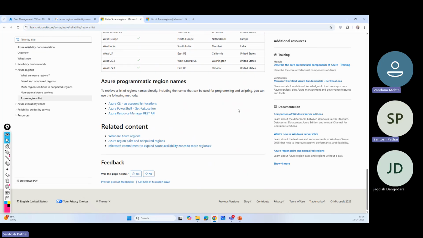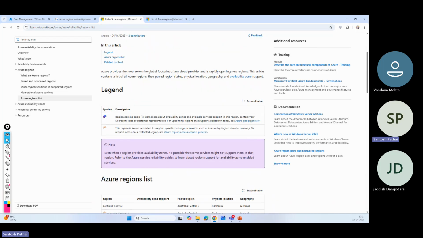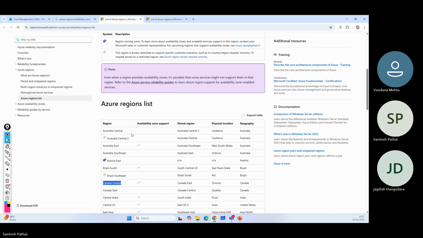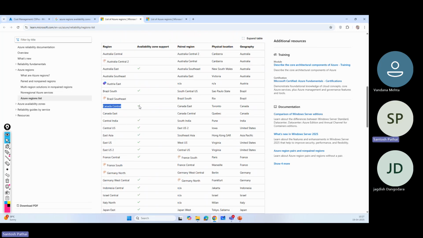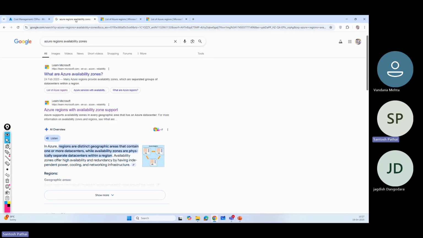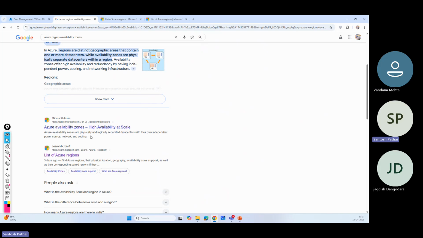Now it is not necessary that every region has the same number. Maybe in some regions you will have only two availability zones, in others three. Maximum three would be there: either no availability zones, or two, or three. You can also go to the CLI and fetch the information, so here you can find the information on the availability zones. And when you are creating, you will have the option whether there are two availability zones or three availability zones. And also we can find the list of